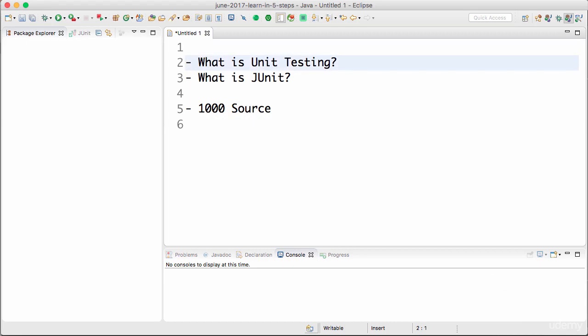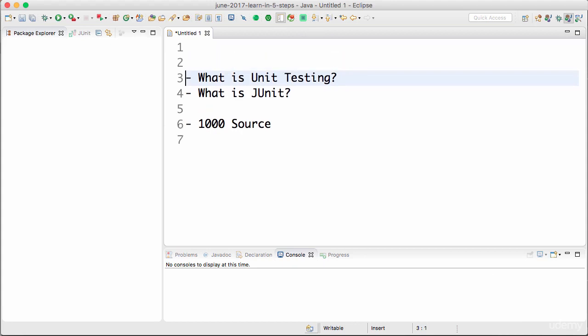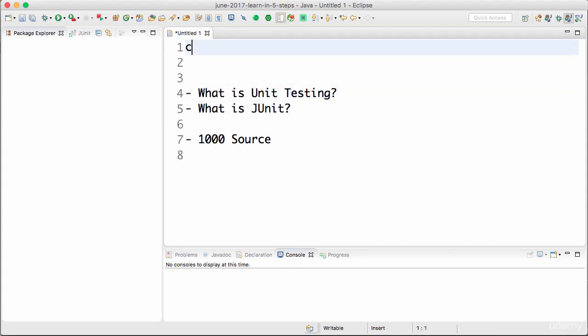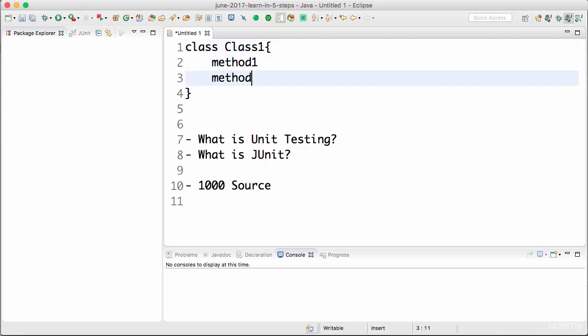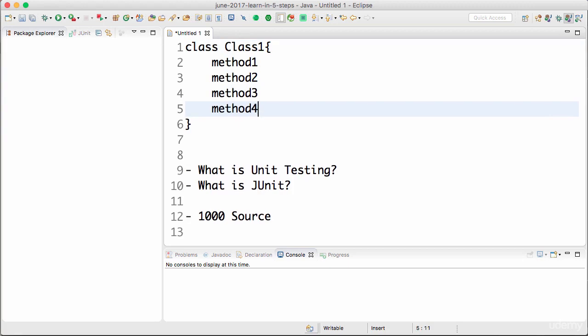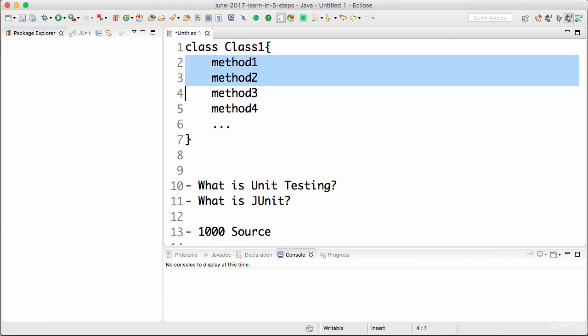Unit testing is really different from that. Unit testing is testing a specific method or a class. Let's say there is a specific class. So inside this class, class 1, there are a lot of methods. So there is method 1, method 2, method 3, method 4, and so on. Unit testing is writing individual tests for each of these methods. In some scenarios, you also write unit tests for a group of methods, or you write unit tests for a specific class. But most of the times when you write unit tests, you are writing unit tests addressed at a